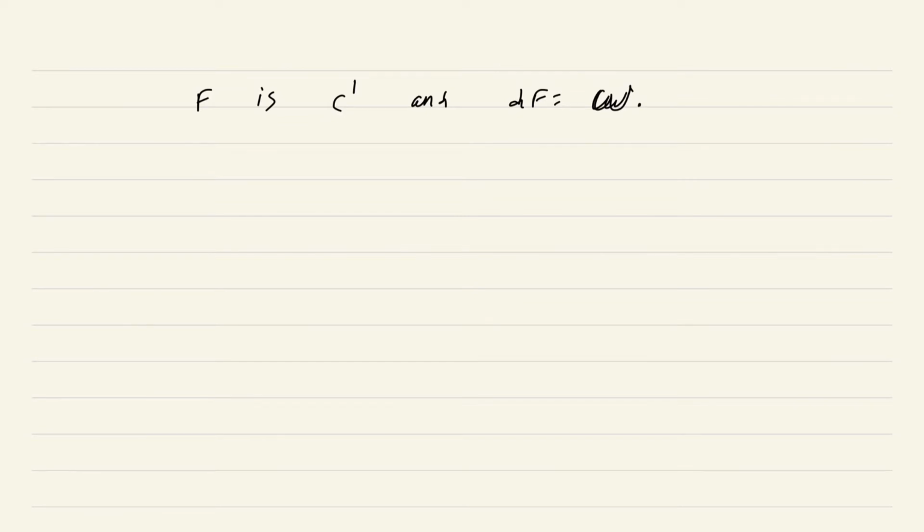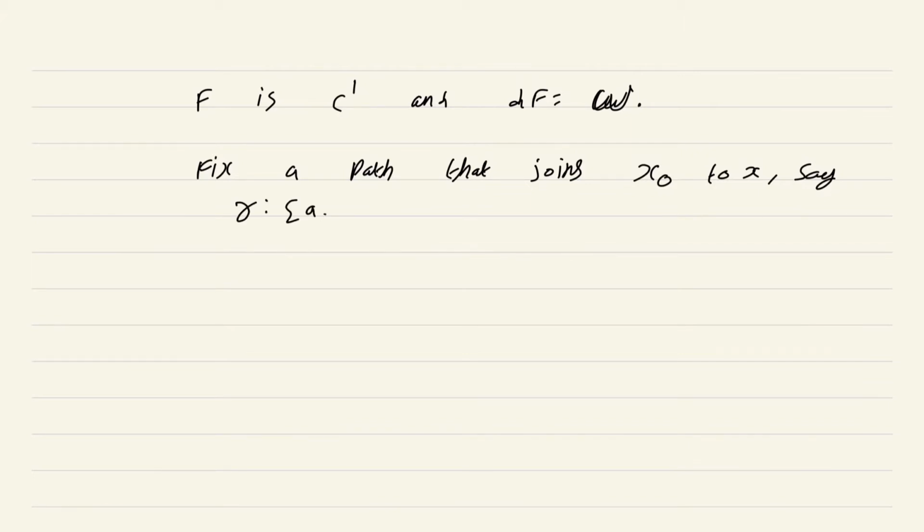Now fix a path that joins x naught to x, say gamma from 0,1 to U. Okay, so fix a path. Now given any point in U close,